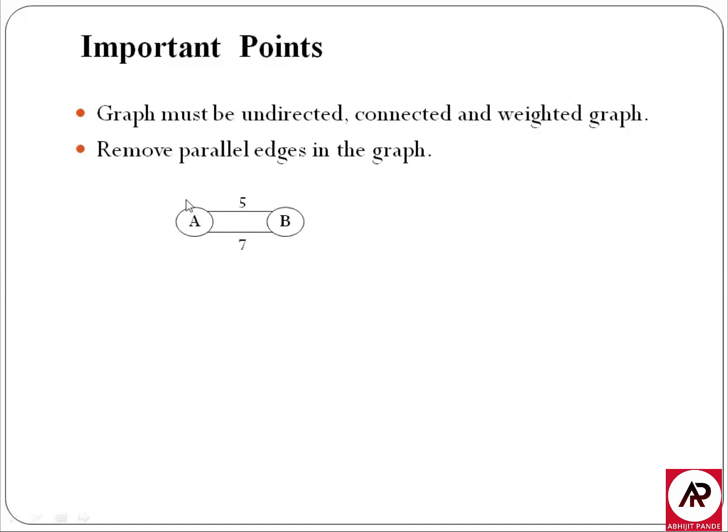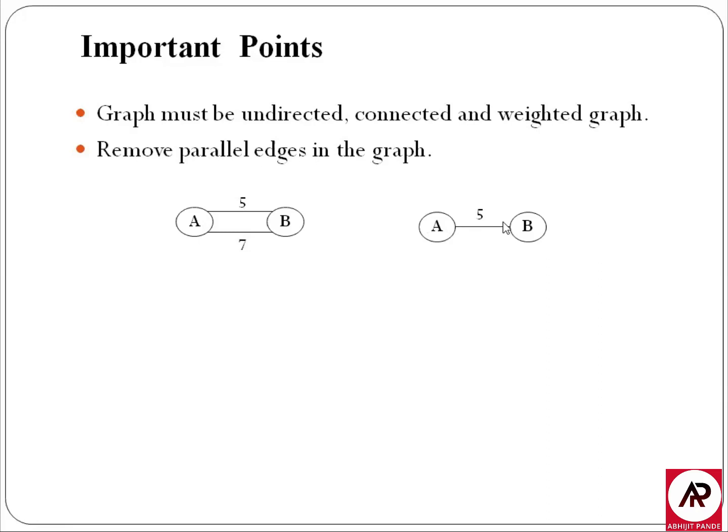There are any two nodes present in a graph, node A and node B. If there exist two different paths having two different values, that is, one path having a value 5 and the second path having a value 7, then we can say that these two are parallel edges. We have to remove the parallel edges, keeping the edge which has the smaller value and neglecting the edge which has the larger value. So the representation after removing the parallel edge is like this. Here the maximum value is 7, so we discard the edge with value 7 and keep the value 5 as it is.